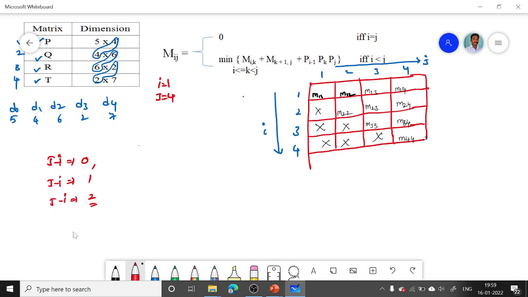That means first we will find the M I I. Nothing but this is the I and this is the J. Nothing but 1 1. So what is the meaning of 1 1? That means